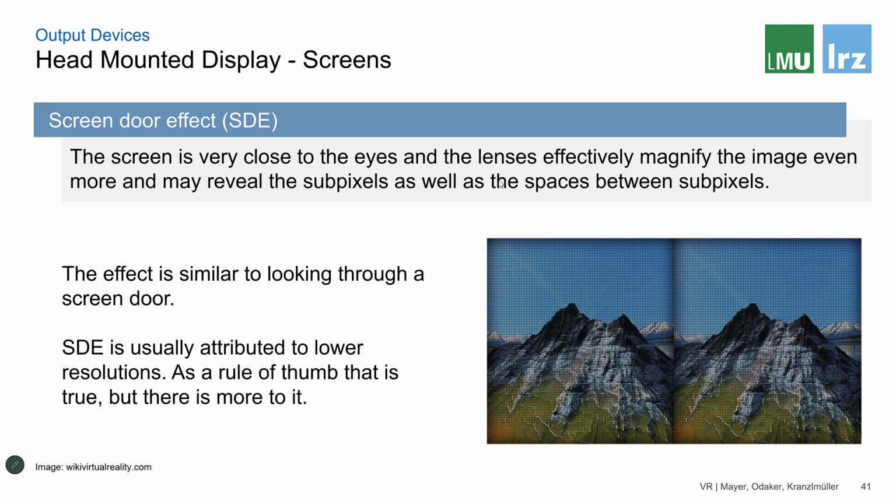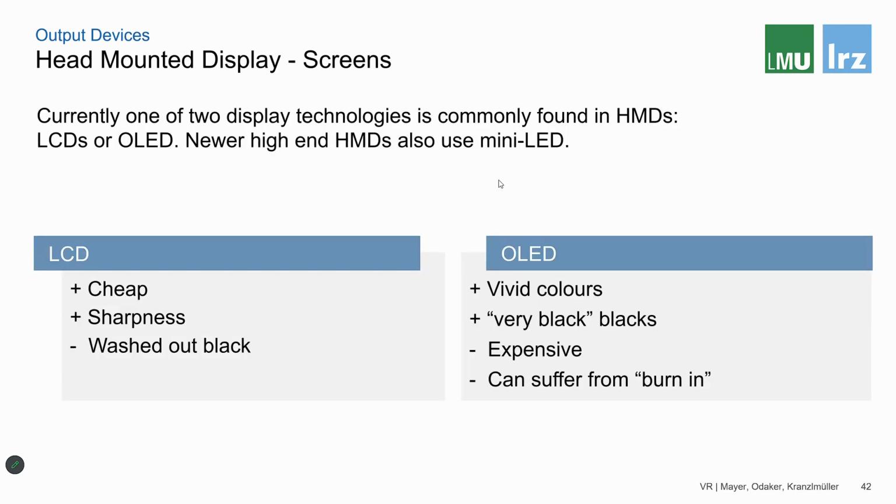So you may have heard that some head-mounted displays use OLED, some use LCD. There is now mini LED, so there is a variety of display technologies that you could use. And well, the big discussion is usually between LCD and OLED, and some of the newer head-mounted displays also use mini LED. For example, the Meta Quest Pro is a mini LED headset. So comparing LCD and OLED,